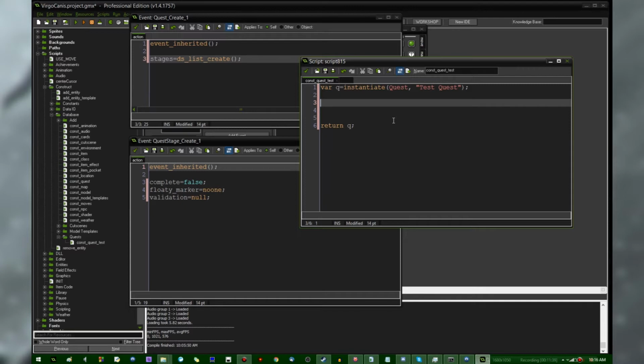The stages. ds list add q.stages, and do I want to say like add quest stage? Add quest stage, and that can take a name, a description,